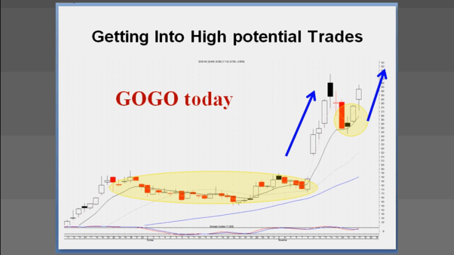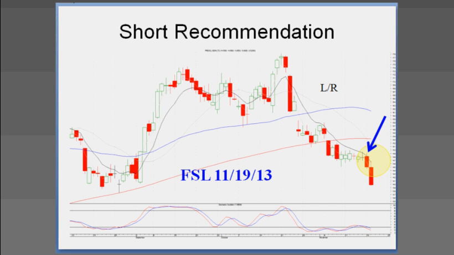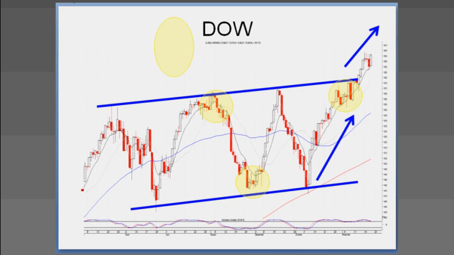Why is Dow not a kicker? Let me go back to the Dow. Because, if you can see this, remember, a kicker signal opens at or above the previous day's open and goes the opposite direction. This basically opened right about where it closed the night before and went up.